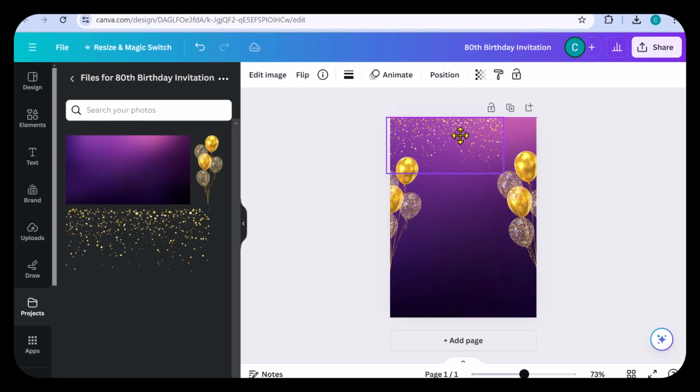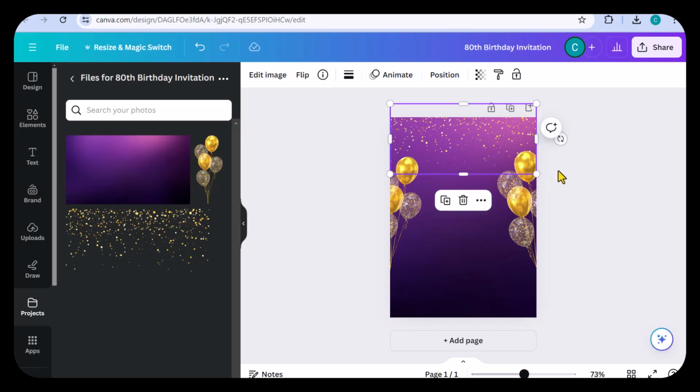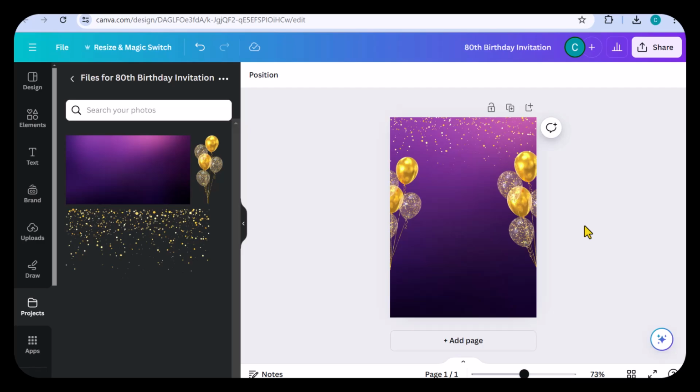Within this project, I'm going to keep it to the top of the project, and I'm going to stretch it a bit by selecting this circle in the corner so that it covers the width of this project. And once I have done that, as we can see, the confetti has now been placed on the project. And as you guess, we can lock it in place if we're comfortable with its current position.